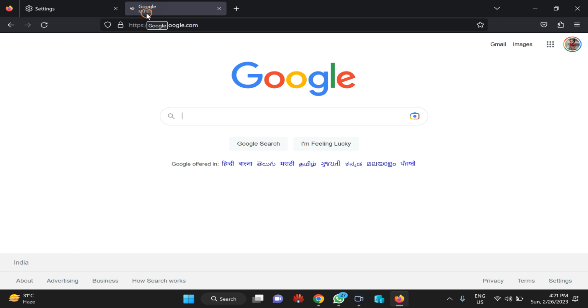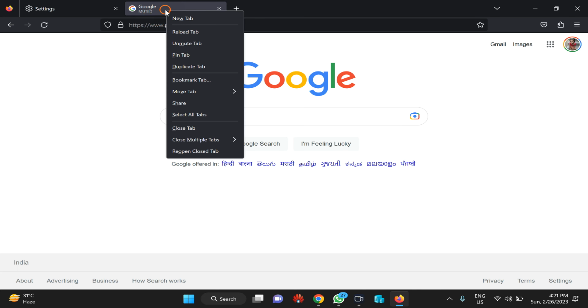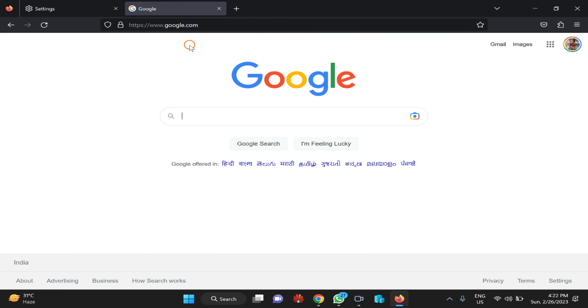option within the tab. That means from this tab no sound will come, and if you want to allow the sound, again right click on the same tab and select here unmute tab option. This way you can